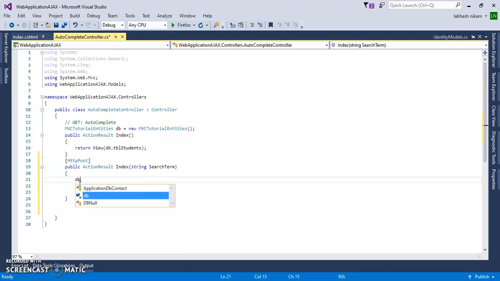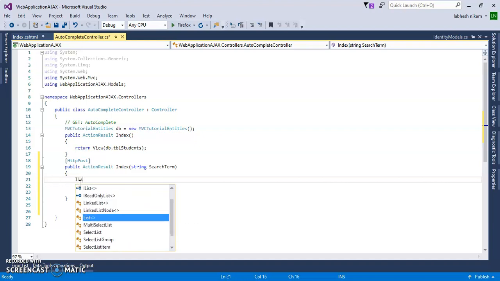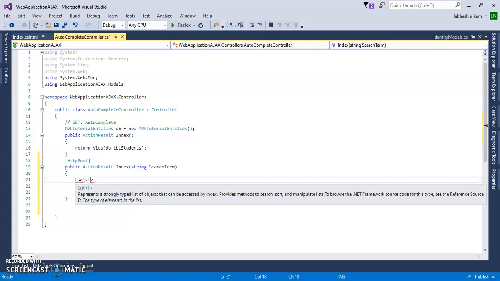Let's add a list of student, TBL students, the table name.